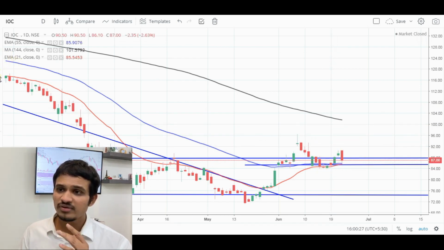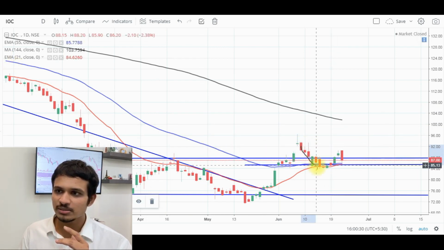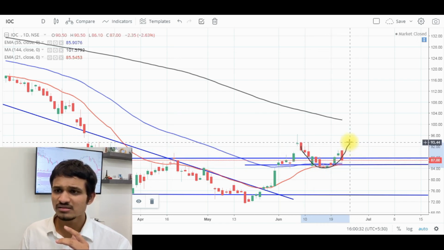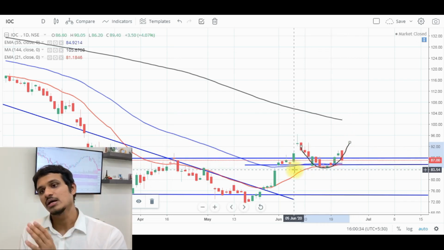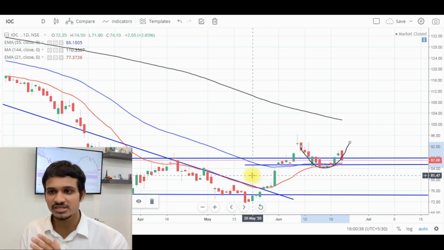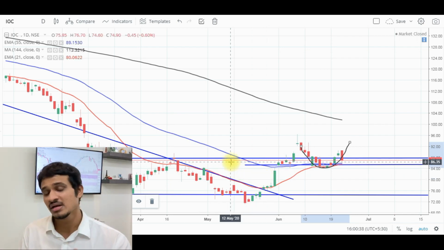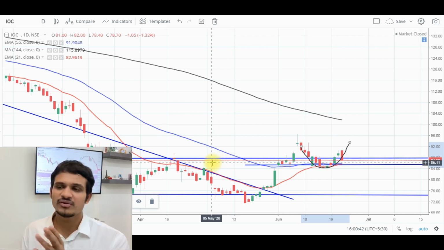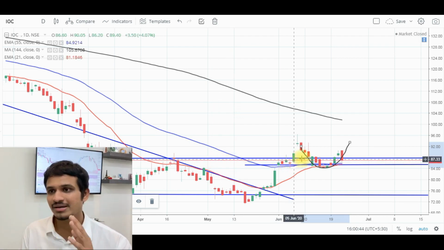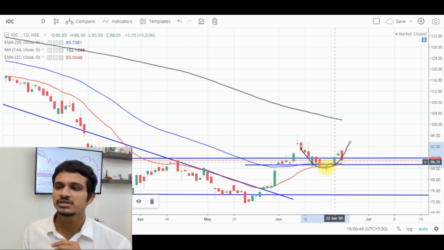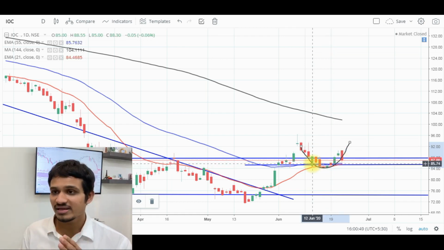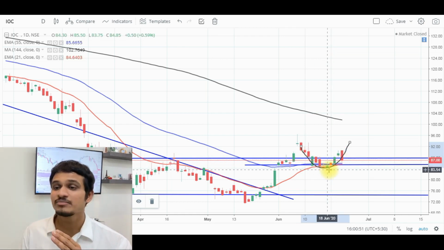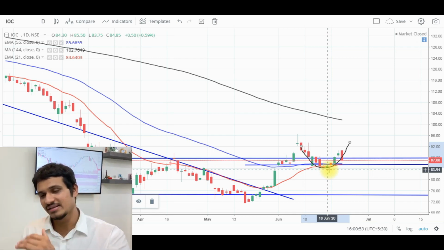So if we analyze this curve here that the price is trying to make, this shows us that the price is trying to make a sort of a handle formation, though we don't see an evident cup and handle formation over here. And anyhow, a cup and handle formation is a continuous chart pattern, so here we cannot relate it to a cup and handle formation, but a sort of a handle formation is being formed over here, and we can see that the price has made a higher high in this case.